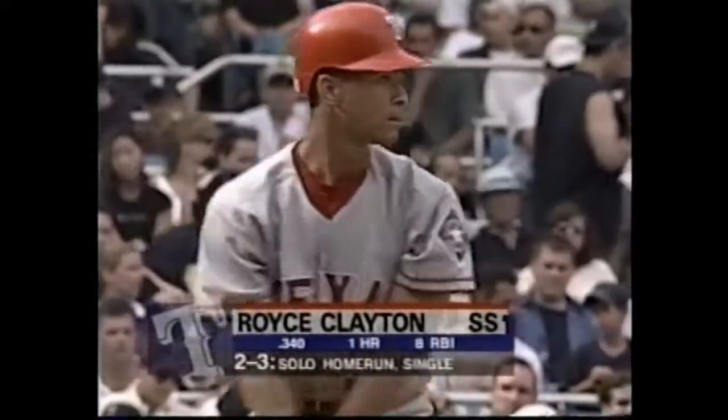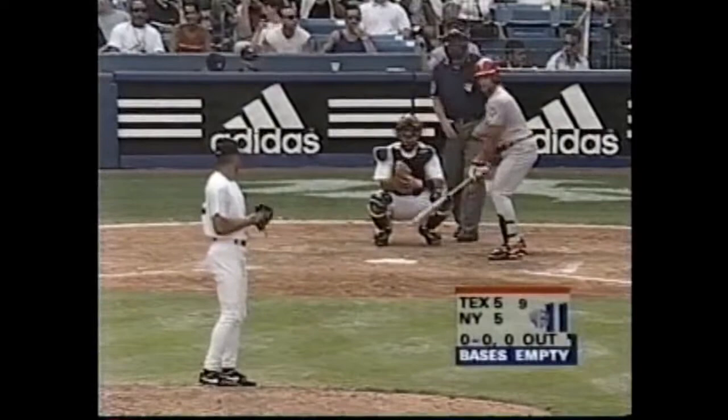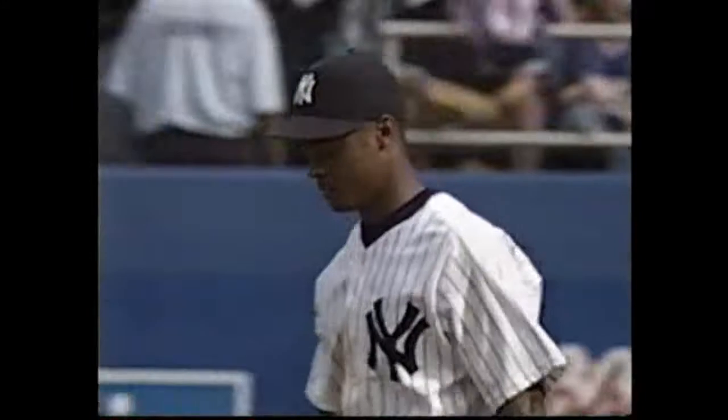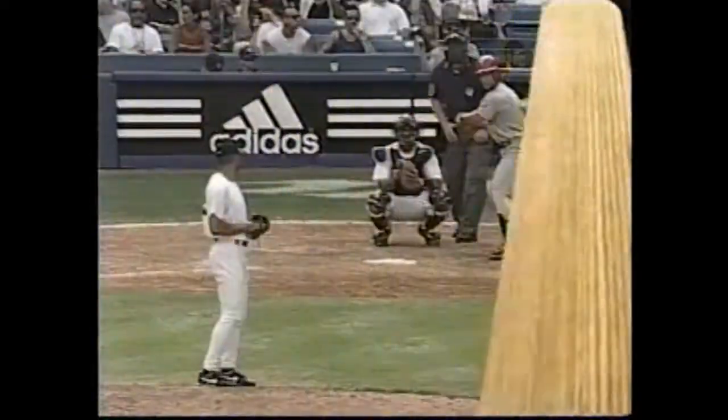5-5. And Royce Clayton will be the first batter for Texas here in the 9th inning. He'll be followed by McLemore and Roberto Kelly. And he hits it hard, but there is Homer Bush to grab it. 1 pitch, 1 out. You know, Bobby, one of the things that happens when your starting pitching does such a good job game after game after game,